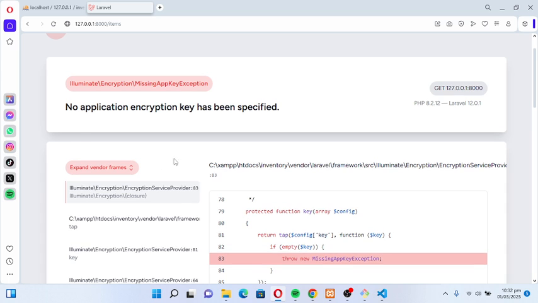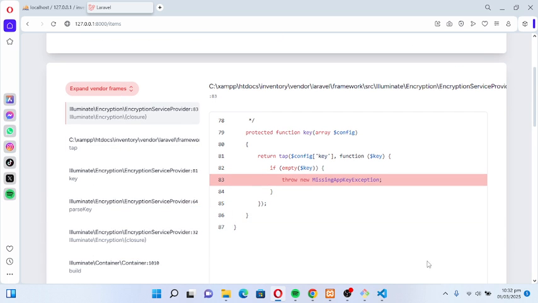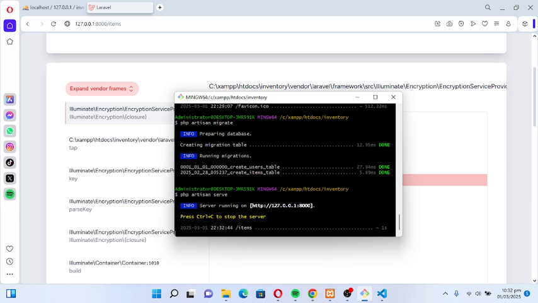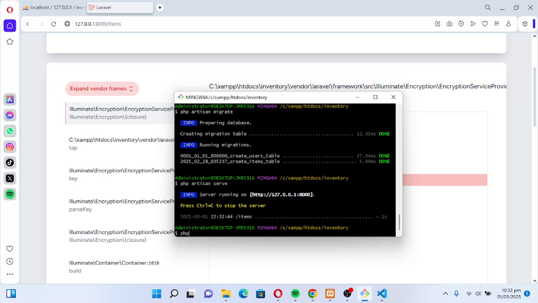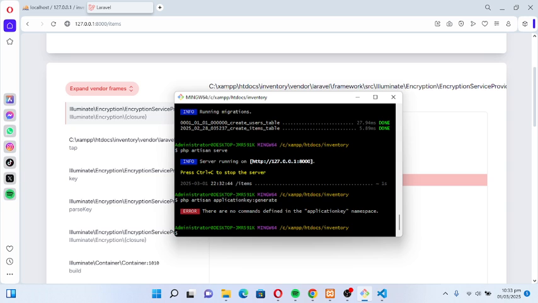So, if you encounter this error, you simply go here, cancel, php artisan key:generate, to generate the application key.